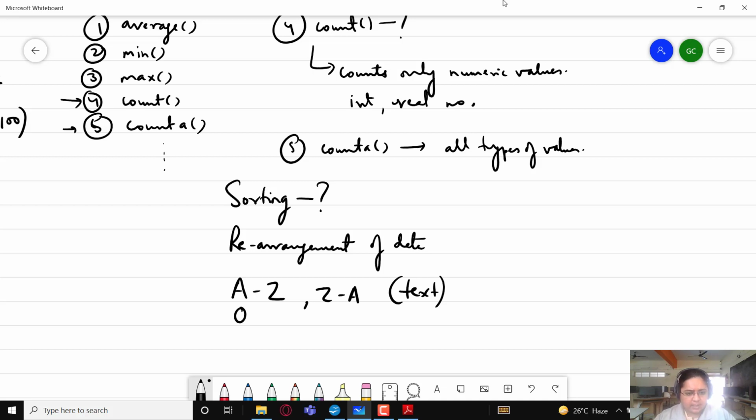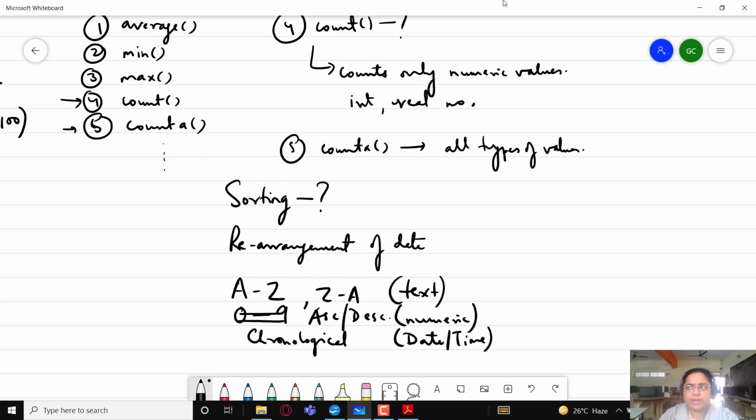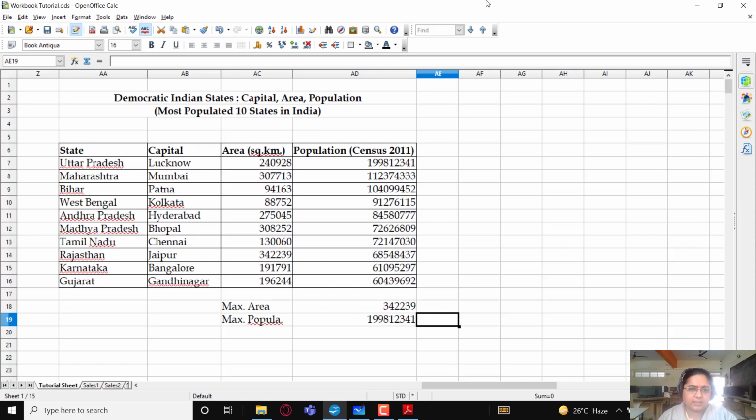If it is numeric data, then I want to sort it in ascending or descending order. If it is date-time data, then I would like to arrange it in chronological order, that is from the earliest date to the latest date or the latest date to the earliest date. This way I can arrange the data.